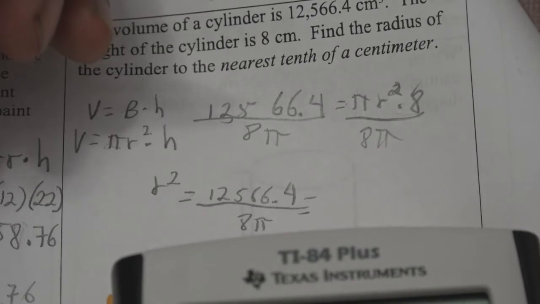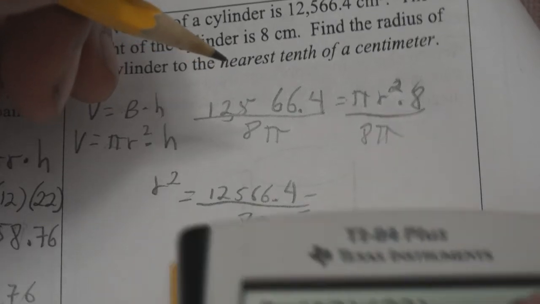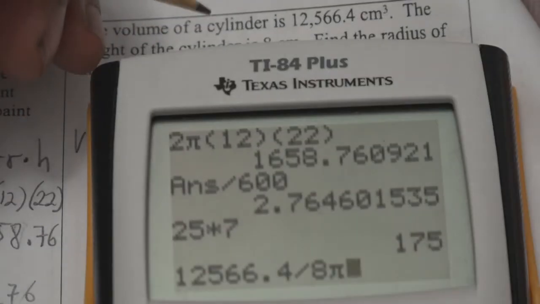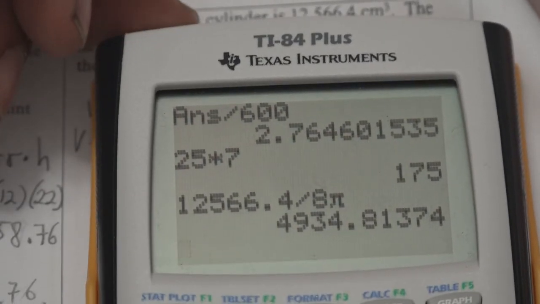So I'm just going to have to use the calculator. Let me see now: 12,566.4 divided by 8 pi. Okay, that's what I have here. I press enter and I get